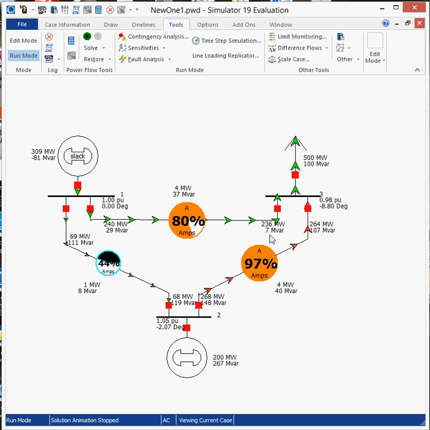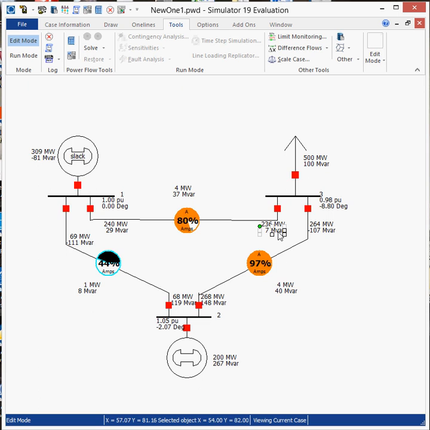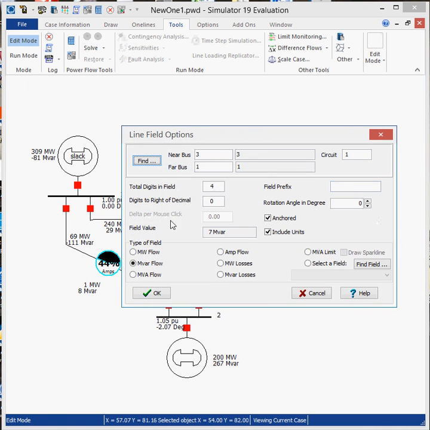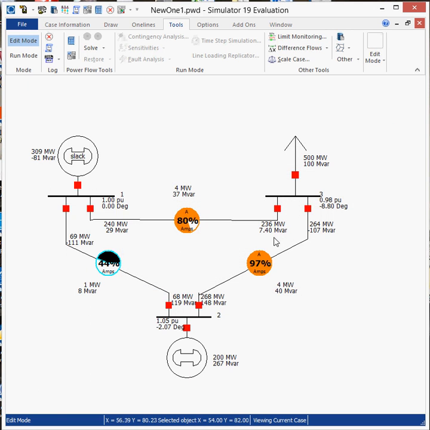It's actually not accurate, so maybe you can increase the number of decimal points. So let's say you make it 2, so it will display more accurately. Okay, and then you can analyze the PQ flow